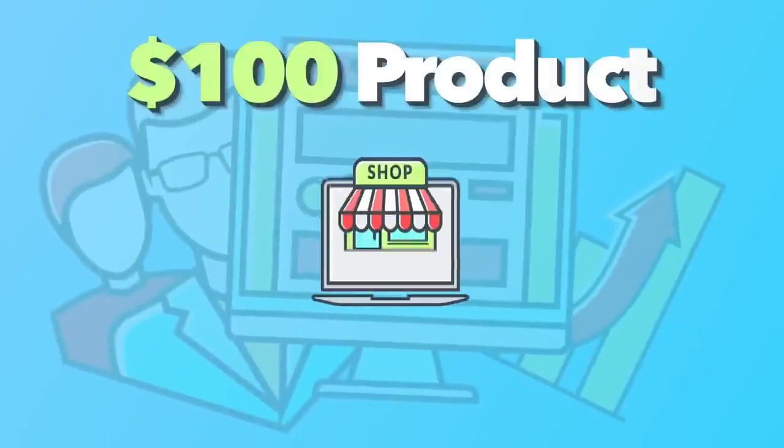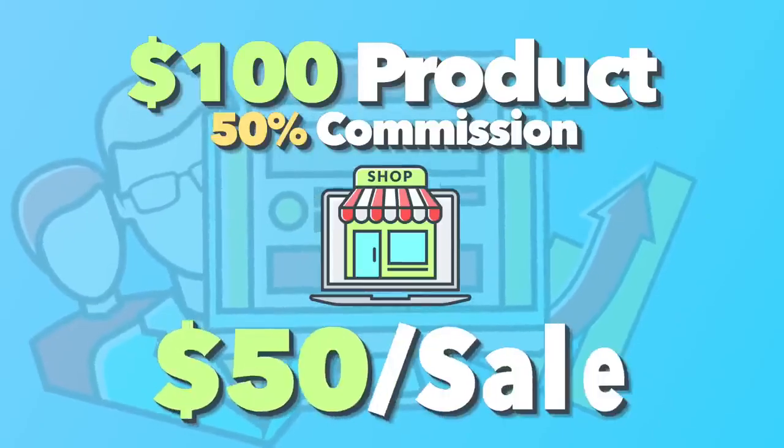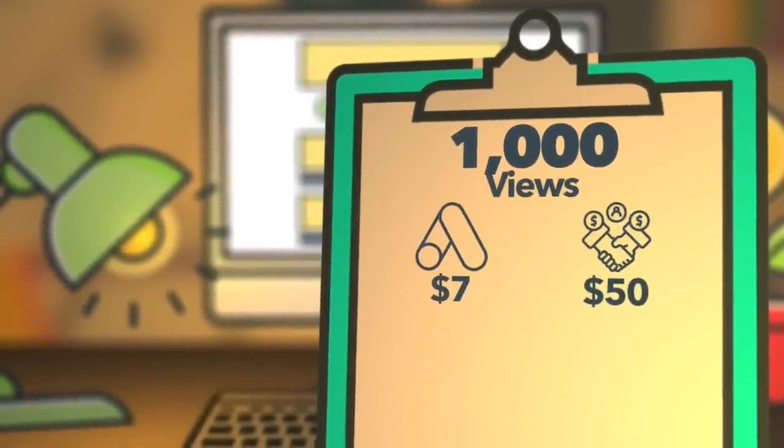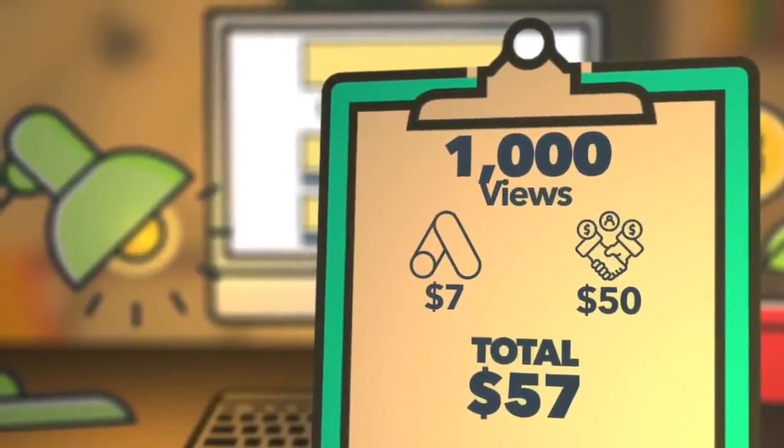But now let's take into account affiliate marketing. Let's say we're in a good niche that has an affiliate product to promote. Now let's say we're going to promote a $100 product. There's products out there that are way more expensive where you could make way more, for example, $1,000 products. But let's be conservative here. Let's say that you promoted a $100 affiliate product and you got a 50% commission of that. So every sale you get $50. And let's say 0.1% of your 1,000 views per month buy the product. That would equal just 1 sale. So boom, you have $50 from affiliate products and $7 from ad revenue, giving you your grand total of $57 per month at 1,000 views per month.